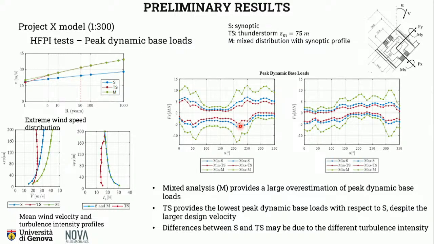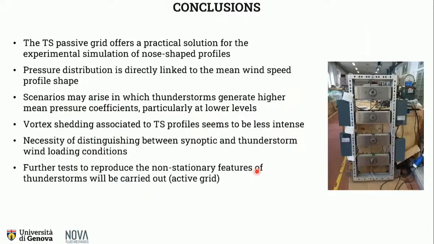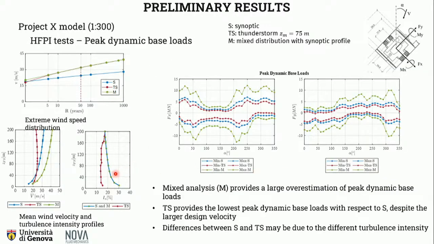But synoptic provides larger values for all wind directions, even if the design velocity at 10 meters for synoptic is lower. And we think that this difference may be due to the different turbulence intensity that we used in the 2